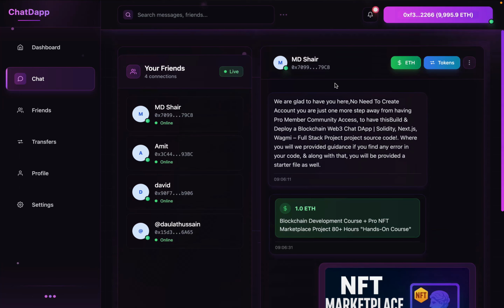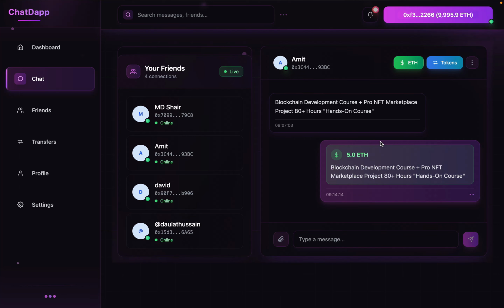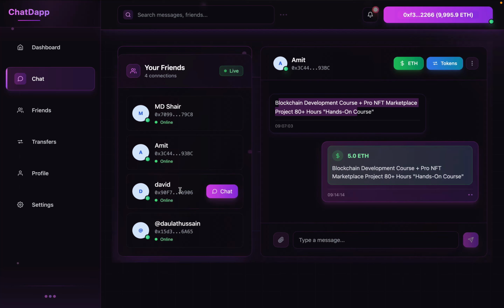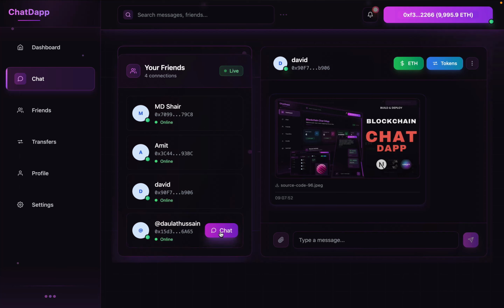In the same way, if I want to check the chat from Amit, I can click here and see the chat I have with Amit. This is the message he sent, and this is the message where I sent the money with the message. If I check the chat of David, I can click here and I will find that David sent me this particular image. In the same way, if I want to see the chat of Daulat Hussain, I can click here